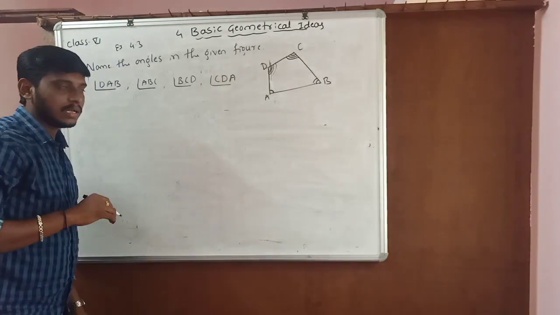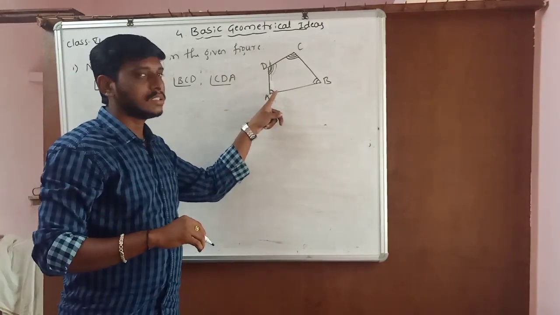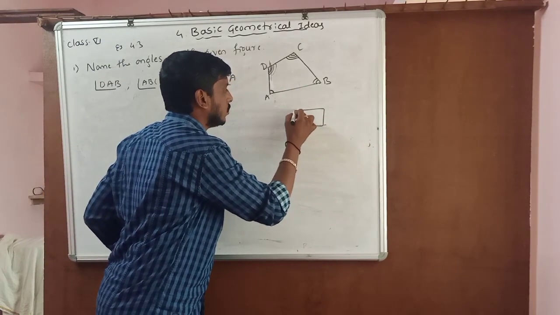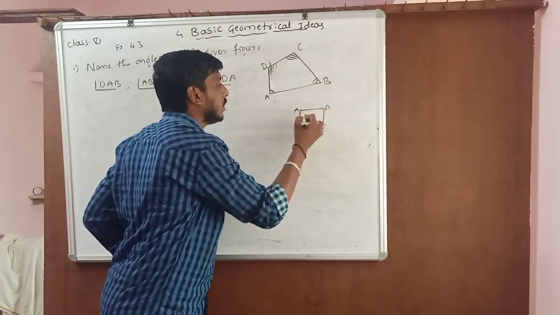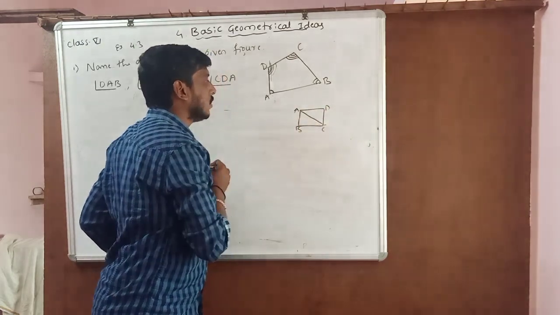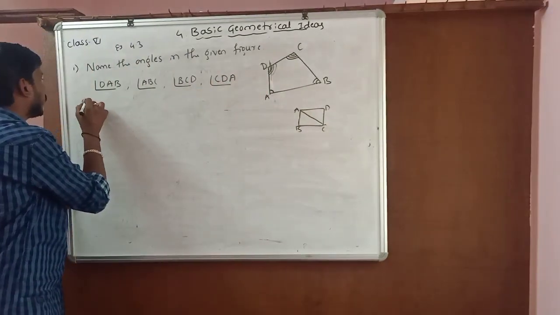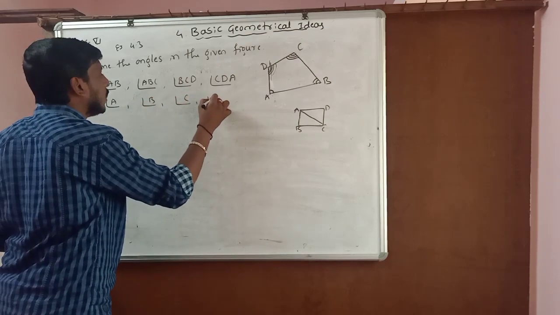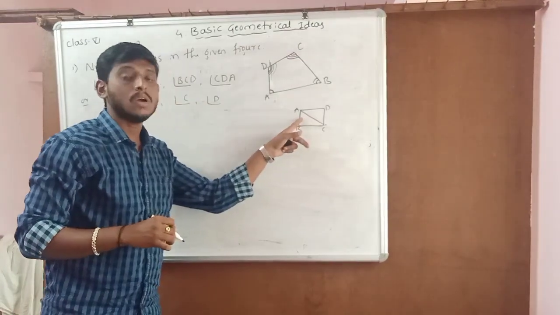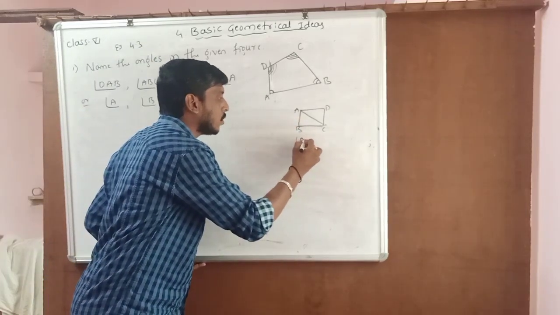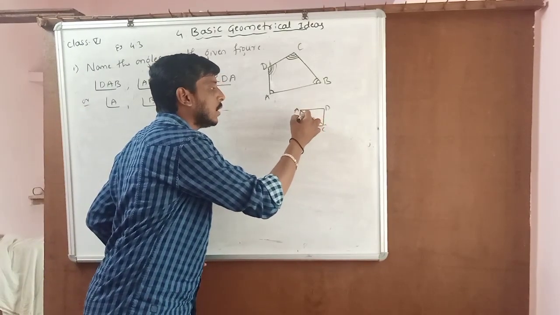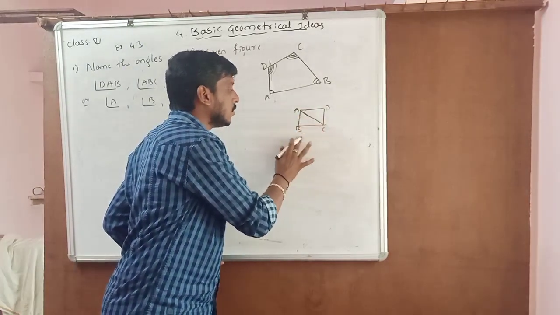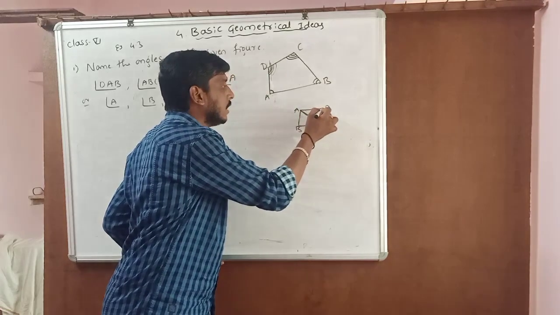CDA. And one more thing I will tell you: if any ray does not pass through the points, for example, the same figure like that, don't get confused. If any ray passes through like that, with the help of this figure you can write directly angle A, angle B, angle C, and angle D. But with the help of this figure, we can't write angle A. Why? Because here angle A is divided into two parts. Which part are you writing? Either here or this one. So how do we write this type of angle when this type of diagram comes?